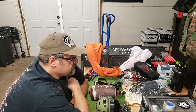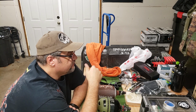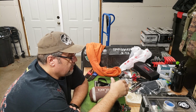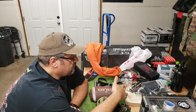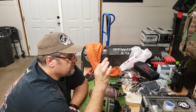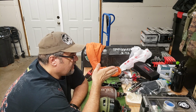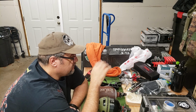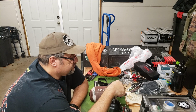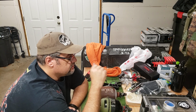I'm going to be using my MG100, and I had the opportunity to use my wife's EMEC with this tank and regulator setup. And what I noticed with that EMEC running the SLP tank is I got a phenomenal shot count, very consistent over the chrono with round ball. So what I want to do is take that information that I learned by using this regulator on that gun with the SLP and put it on my 48 cubic inch tank,